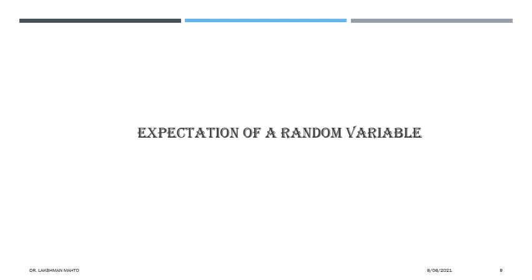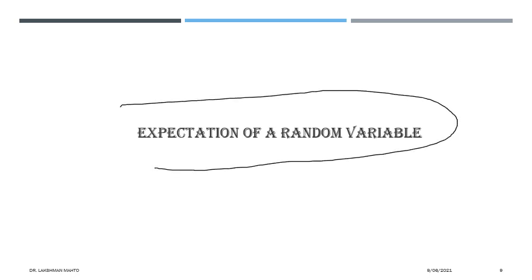Now next I will talk about expectation of a random variable. So we know that a random variable is observing various values. Among the various values, we need to find a representative. So what would be the representative? That representative value would be given by expectation of that random variable or mean of that random variable. If you are having various random variable values, it is not a wise thing to proceed with all those values.